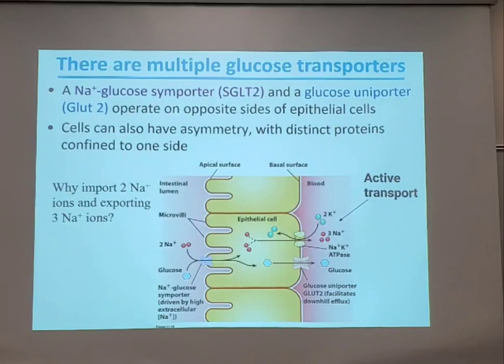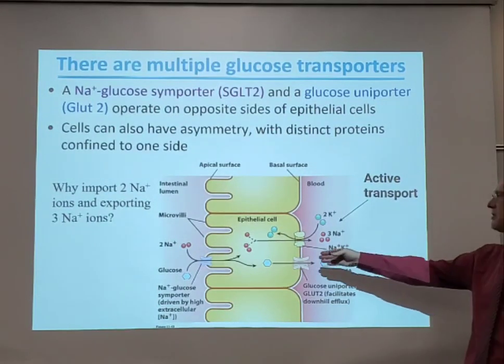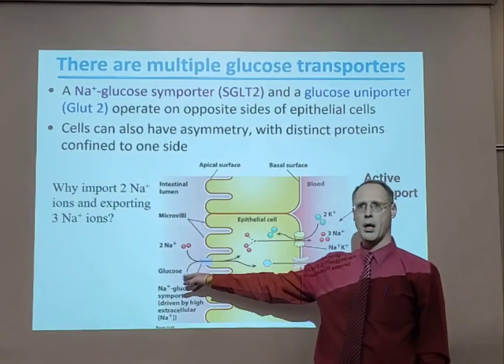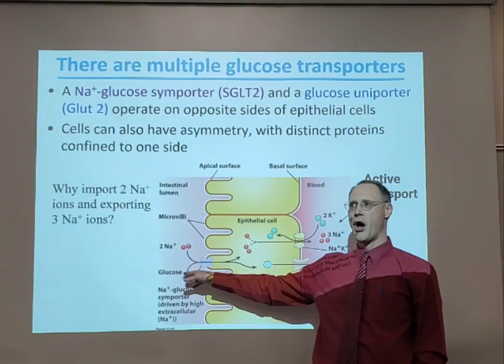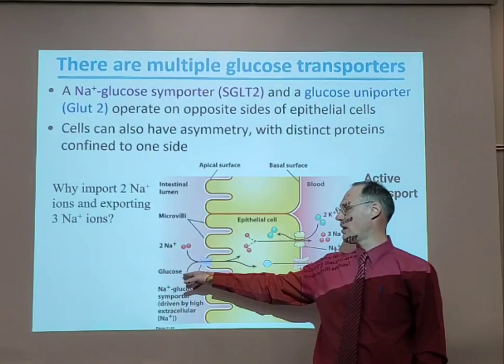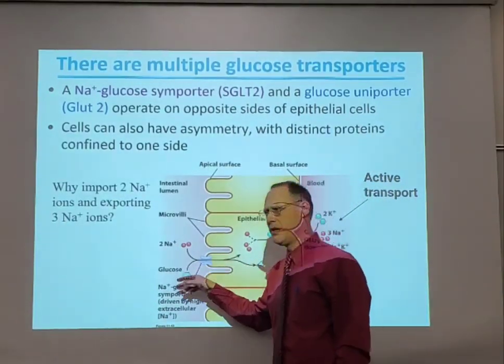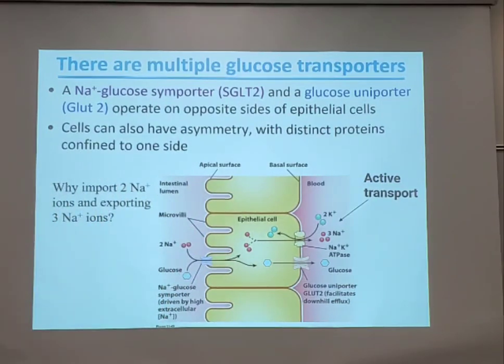This is just a uniport, but it's going from high concentration to low concentration, which meant this was doing what? This was high or low concentration compared to inside the cell? Yeah, lower, and it went to a higher concentration. That's why we use that facilitated diffusion. So that's technically a secondary active transport.